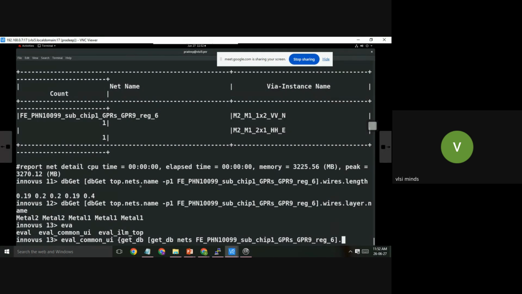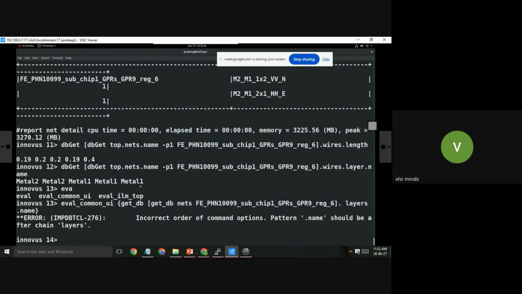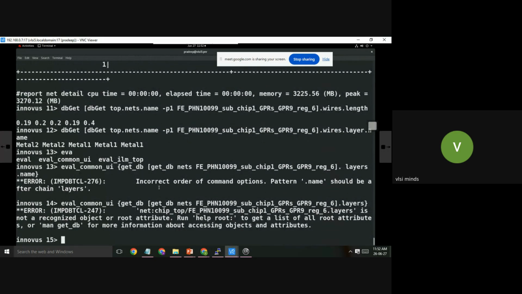Okay, now dot layers dot name. Sir, are the commands also different in legacy and Stylus? Yeah, as I'm mentioning here, right? Stylus uses get_db, and legacy will use get underscore db.